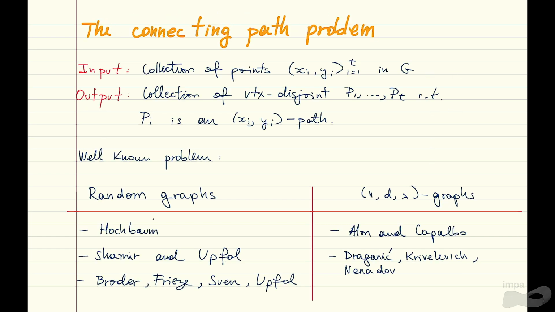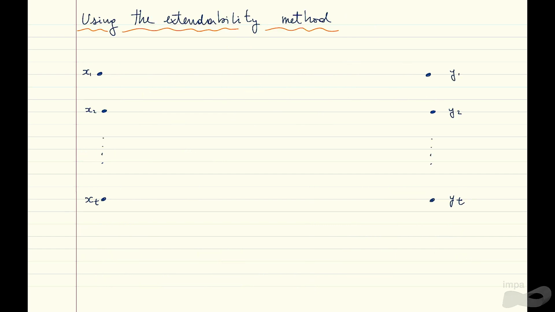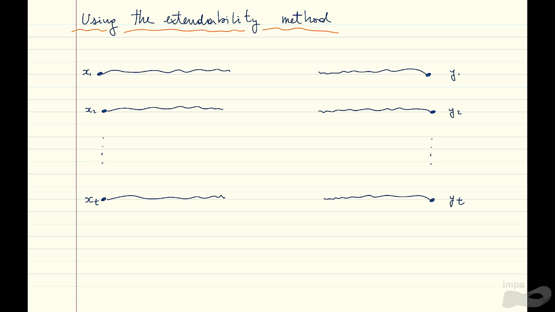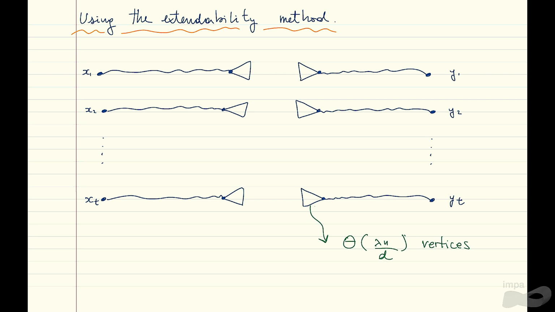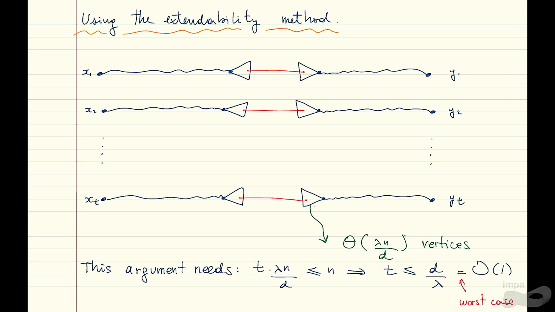Let me show you how to solve this problem using the extendability method. As I showed you, what we can do is use the extendability method, find a path, then find this binary tree, and use the join property to connect the leaves, like this. The problem with this strategy is that it's very expensive. Every time we build this tree, we are using lambda n over d vertices, because we want lambda n over d vertices here, lambda n over d vertices here, and then use this lambda n over d joinness